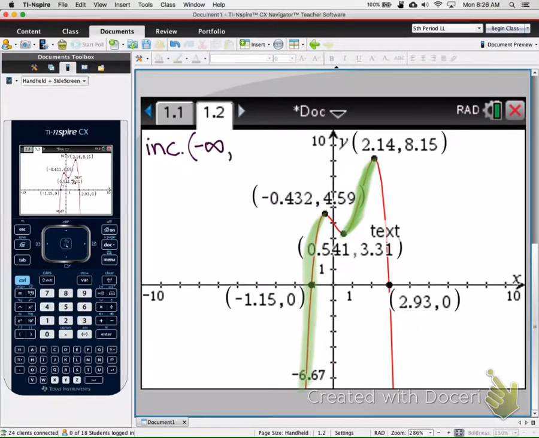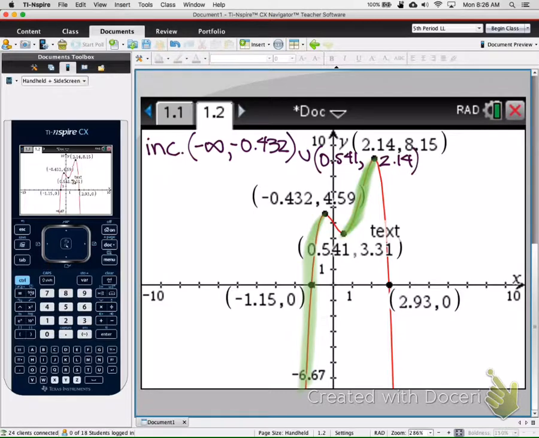Negative infinity, and it's going to go along until we hit negative 0.432. I know there usually are people that just freak out on this because of all the decimals. Don't worry about that. It's the same as regular numbers. Just go from one to the next. The next section that I highlighted there starts at 0.541 and goes out to